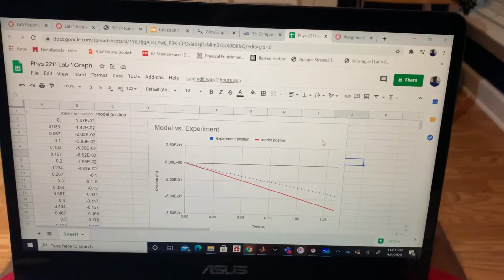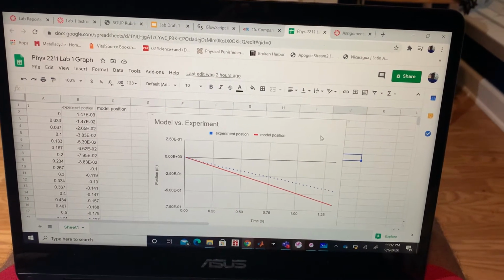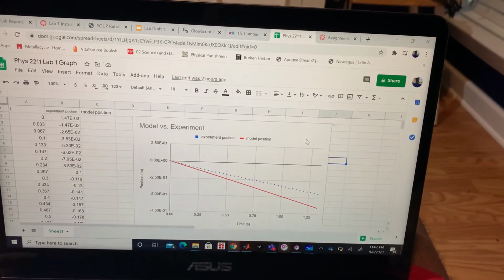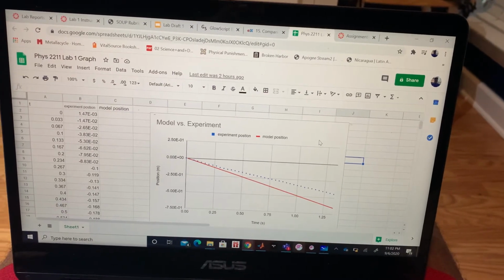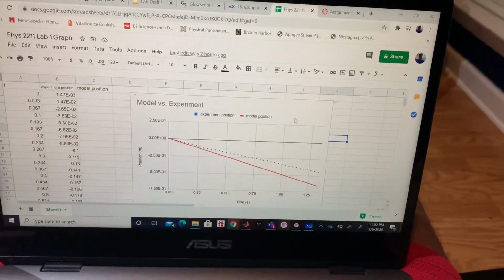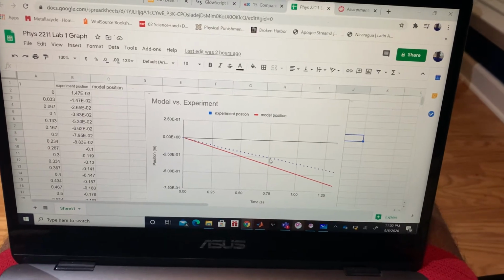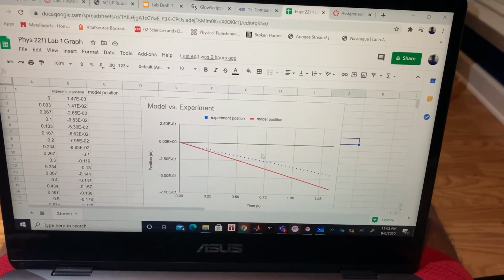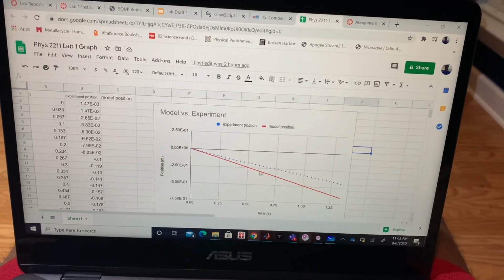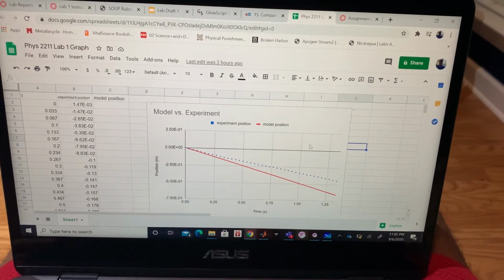One reason I noticed that could deal with some changes in the ball when I rolled it across the floor. It may have swayed in its motion as I moved it across, and maybe the surface of the floor could have played a role in the way the ball moved. That could have made a slight alteration in predictions between my experiment and the model that was showcased in GlowScript. But it's similar in the sense that both are downward sloping, and it is consistent with when